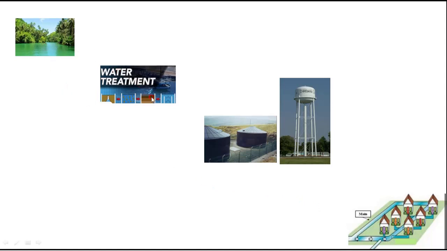The water will come from here to here by gravity, from here to here by gravity. In such cases we avoid a service reservoir of this type. We will not use this type of service reservoir. We will make our service reservoir at the hill station on the ground only. Then water will be stored here and that water will be supplied to the distribution system. Means in this figure, for this condition, pumps are not required.